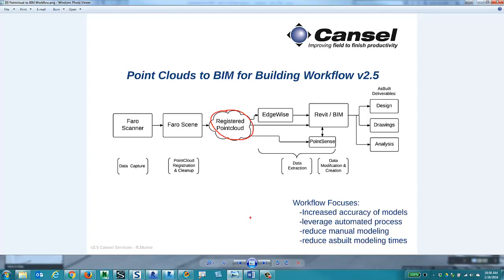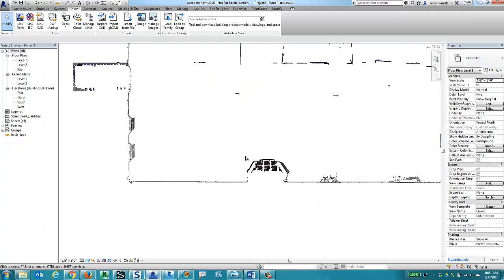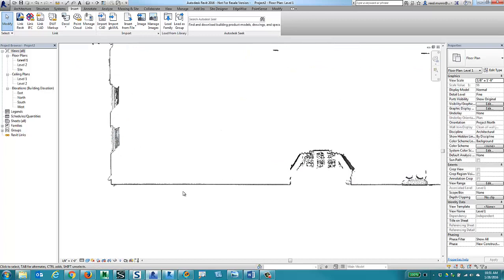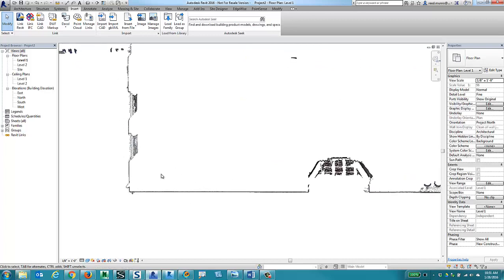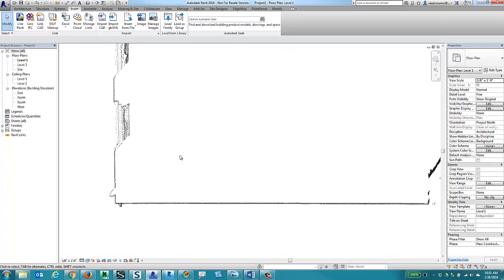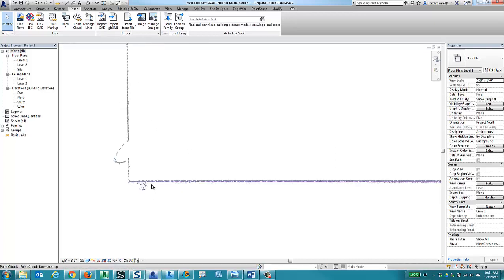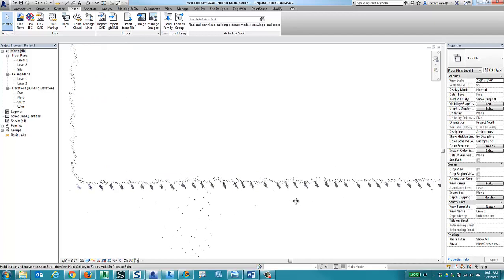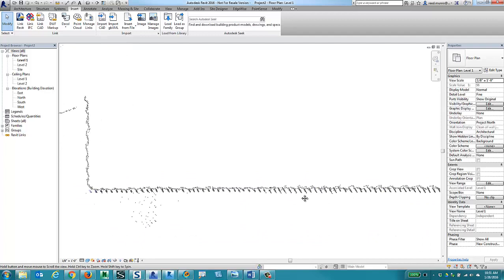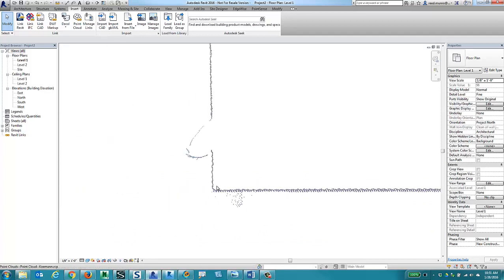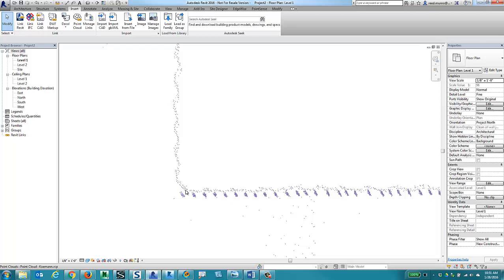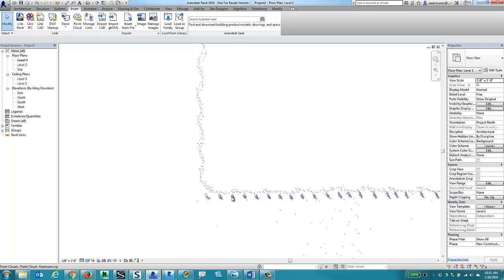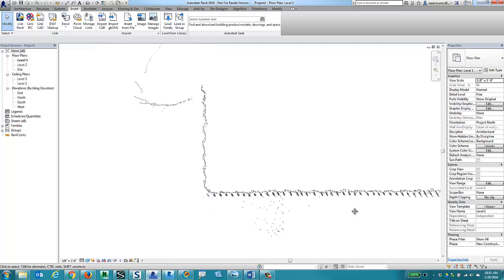Okay, so just to give you an example, with Revit previously, if you're not using any of these data extraction tools, a lot of what you're doing is tracing. I've loaded a point cloud into Revit just to show you as an example, and if we start scanning in and looking at it, the point cloud is fairly sparse. There's lots of data here. It's as good as it gets, but this is the technology, right? You can see lines here. It's pretty tight in this regard, but if you're trying to pick specific points,